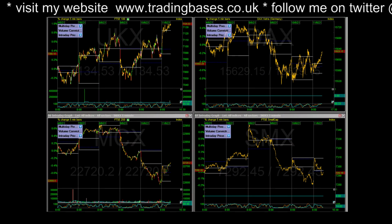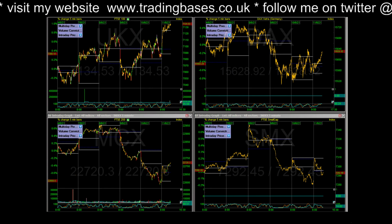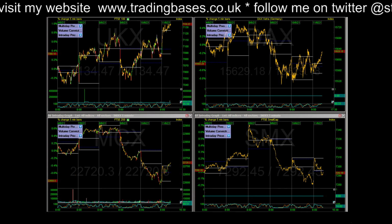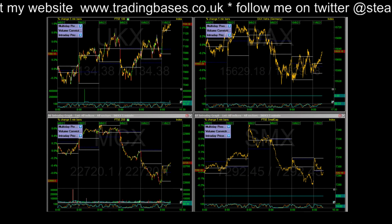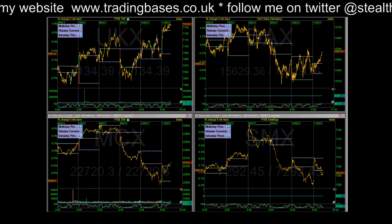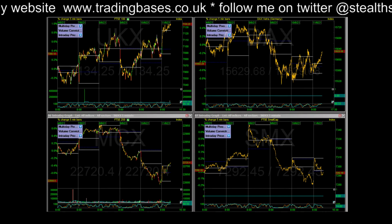Okay, quick Friday lunchtime radar update, a little bit later today. Just had the waterboard here looking for a leak. Well, not so much looking, but